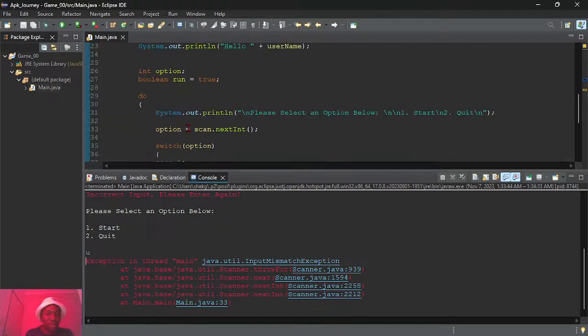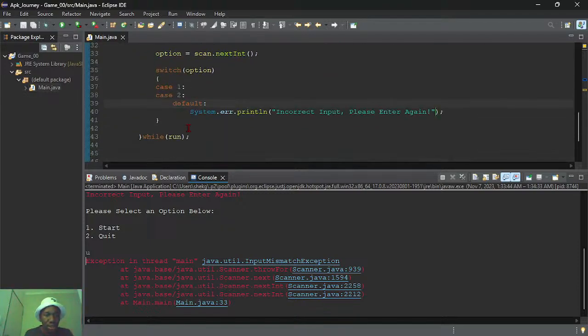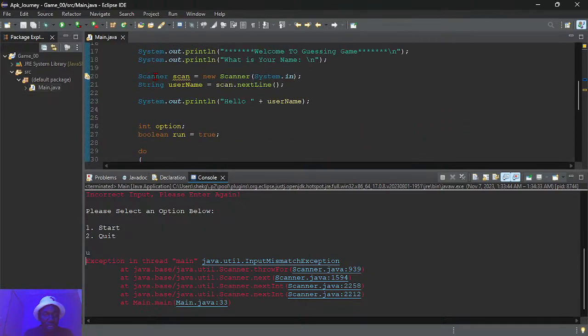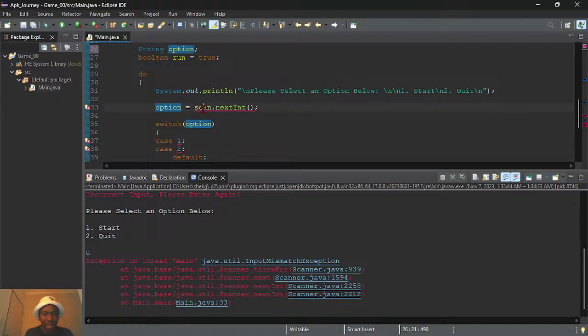Let me accommodate letters also, because the user can make a mistake and input a character instead of a number. To cater for those, I change this to string. Nothing necessarily will change, just that when the user inputs a character by mistake, that error should pop up. And here it's gonna be 1 or 2.